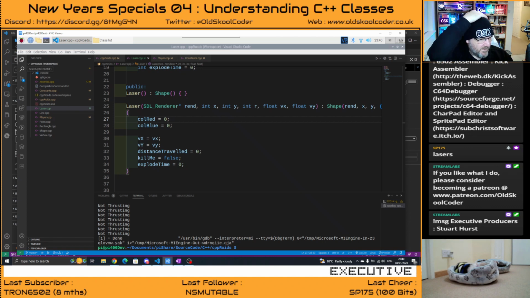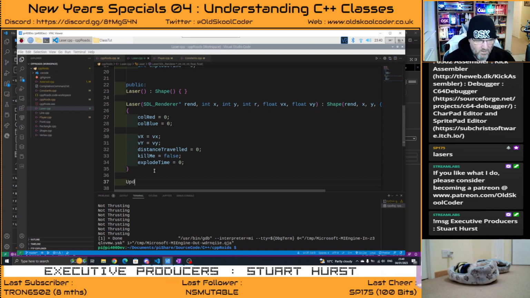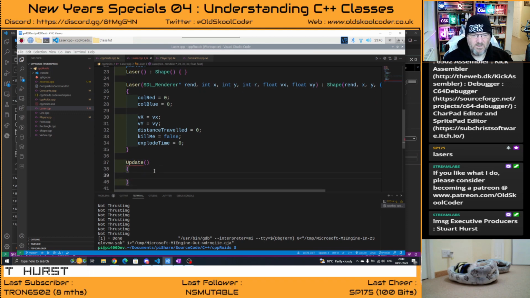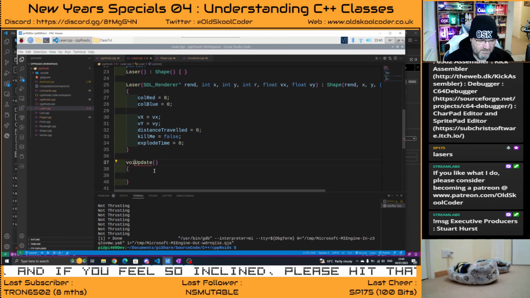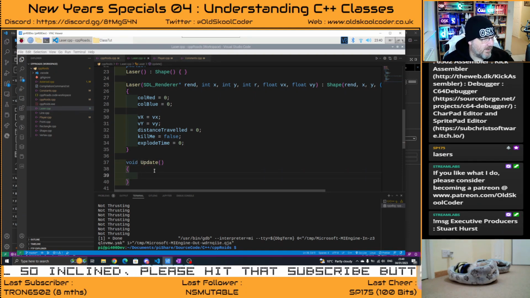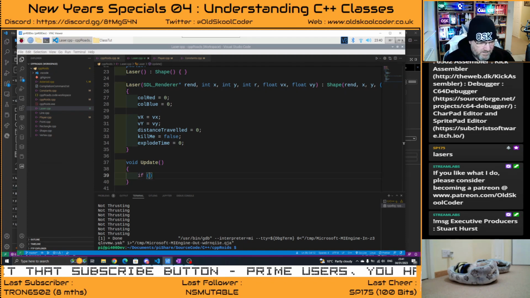Right, so what do we need? We need an update. The drawer is going to take care of drawing it, but we need an update so we can update the laser through its life cycle. So now what I've got here in Python, the first thing we do is if the distance